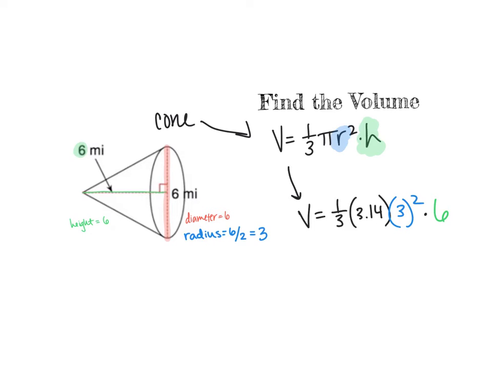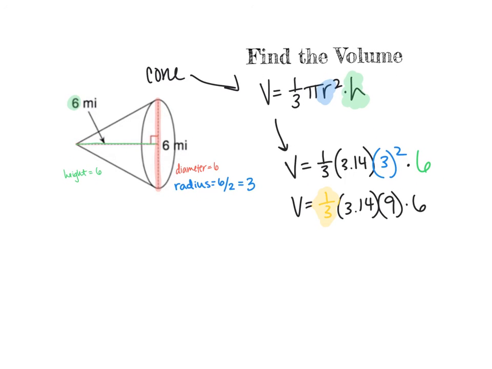All right, PEMDAS, we got to do that again. So we're first going to square it. So this is going to be 3 squared, which is 9, and then times that by 6. My suggestion would be to hold off on this little guy, this 1/3, till the end, because I'll show you in a second why it's easy to do it this way. So now on my calculator, I'm going to type in 3.14 times 9 times 6. And that's going to give me a volume, which is equal to 1/3 times